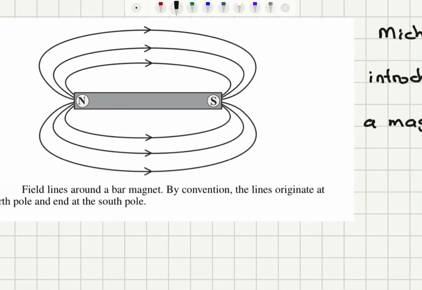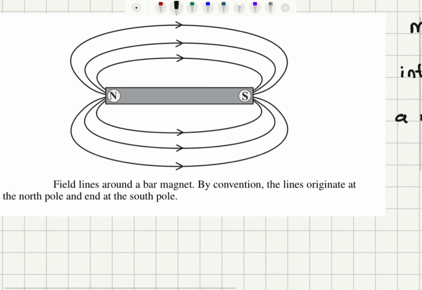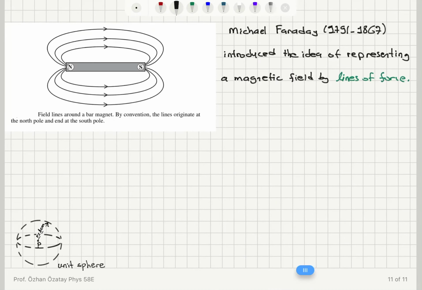So how do we represent these? You can see these lines of force will always radiate out from the North Pole and they will approach the South Pole. So it's always pointing from the North Pole to the South Pole. They originate at the North Pole and end at the South Pole. So that is the convention. And what is the connection between the field strength and this picture of lines of force? The field strength that we are measuring in Ørsted in the CGS system, or ampere per meter in the SI system,